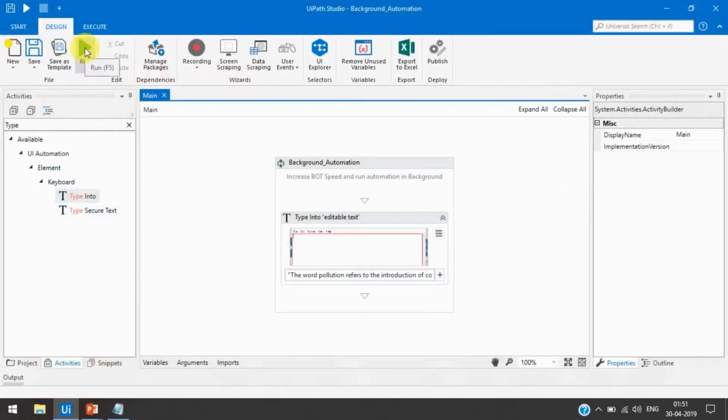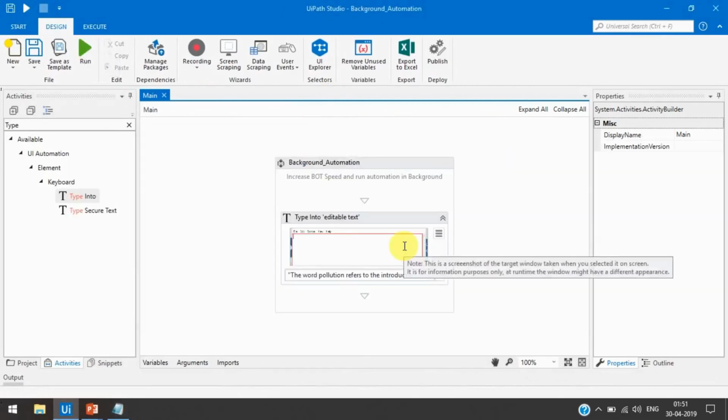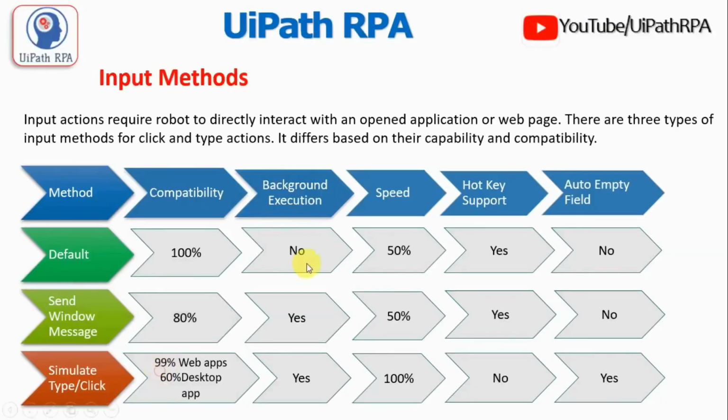Here it is typing the text as a human would, the same as a human. That's why the speed is 50%. Next we are going to see whether it works in the background or not.